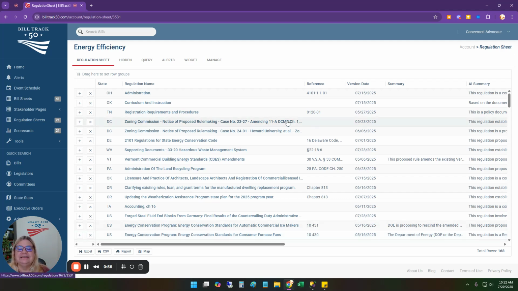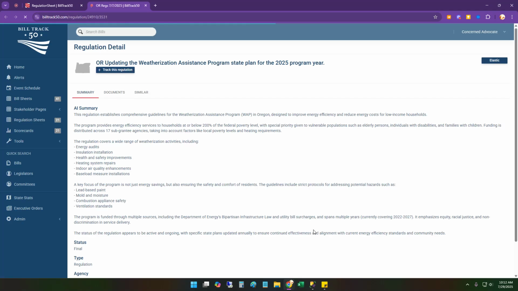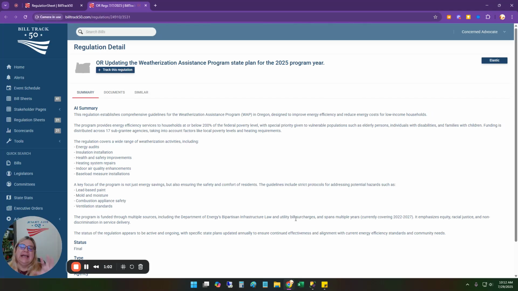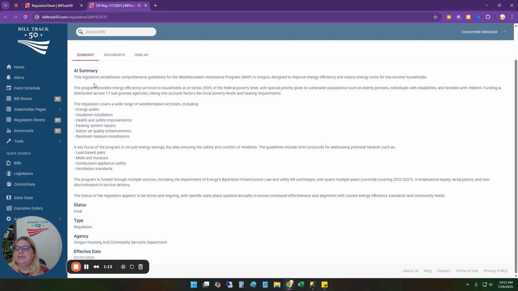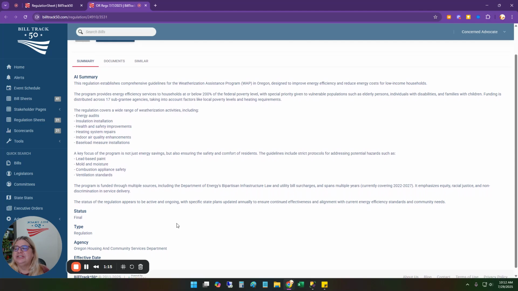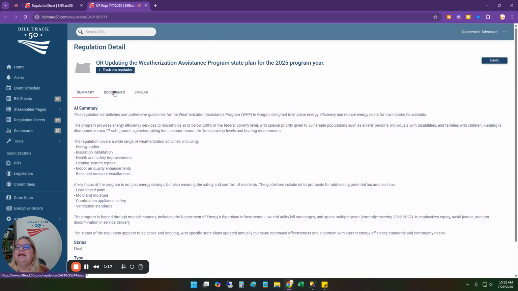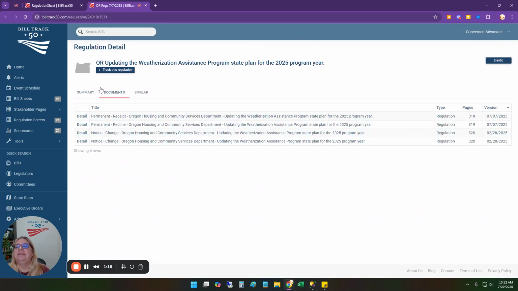All right, so let's click through one of these regulations. What you'll see first is the AI summary, which is a summary of all of the documents that we have associated with this regulation. So this summary is across all of the documents, plus whatever supporting information we've got for you. And then the documents themselves are going to be listed here, and you'll be able to see kind of what we know about them. And then if you look at one of them,